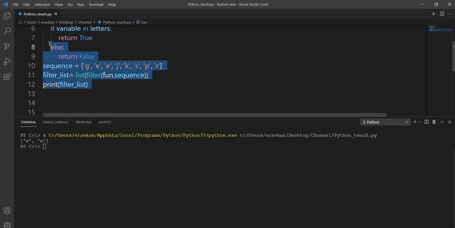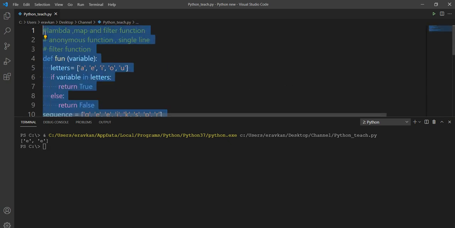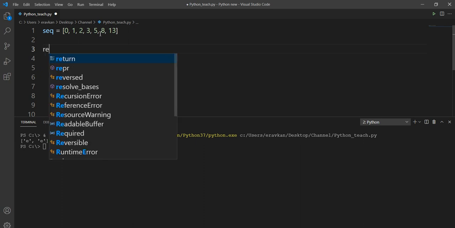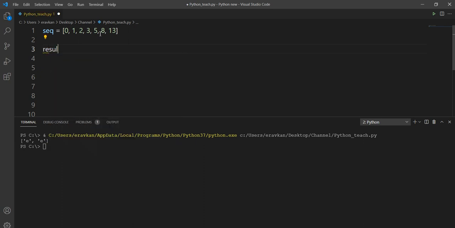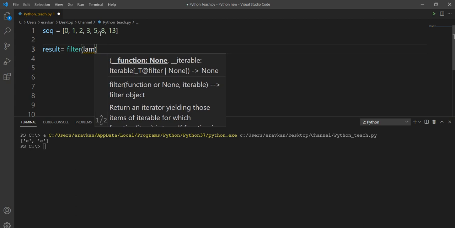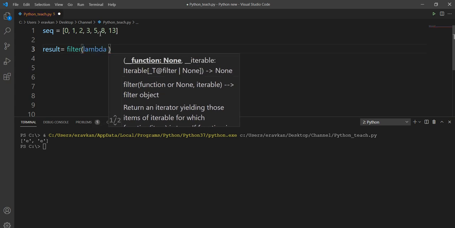Or let me give you more examples. Suppose I have a sequence that contains both odd and even numbers, and from my result I want to prepare a result list, and by using the filter function, the function is lambda. I'm going to write here lambda, then x.